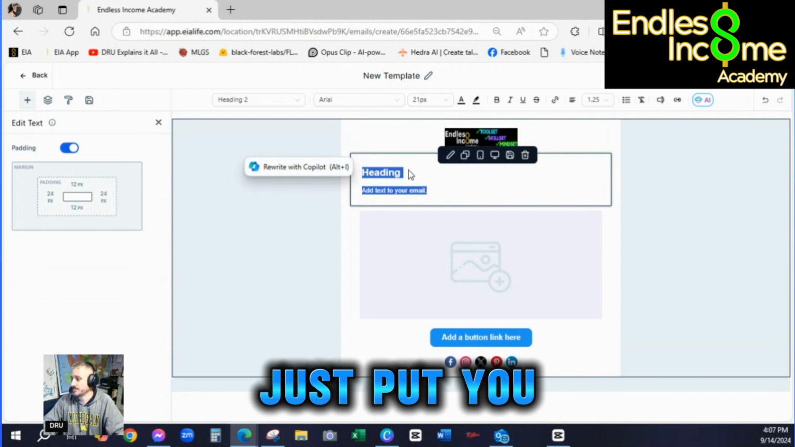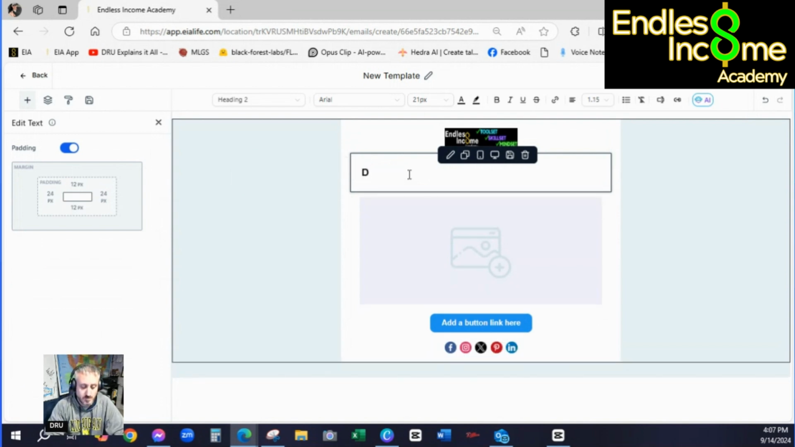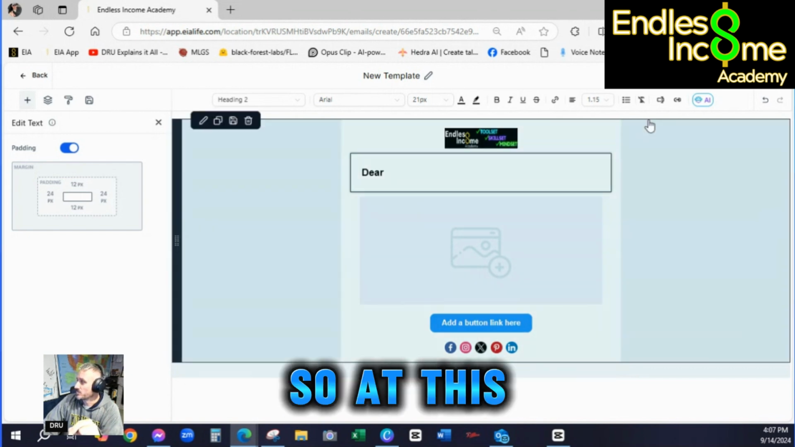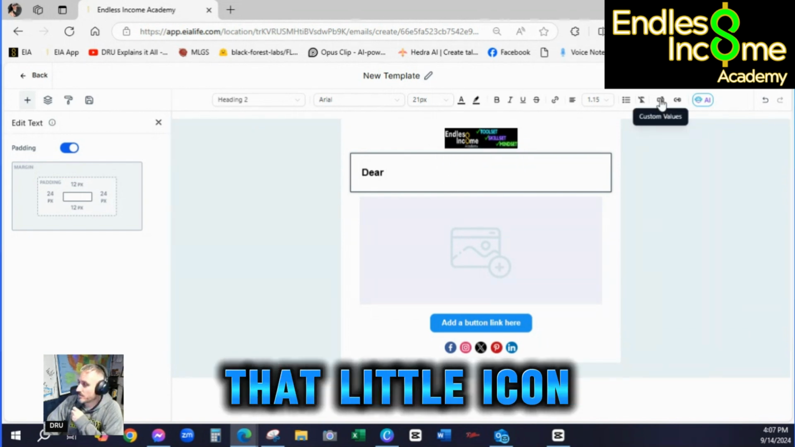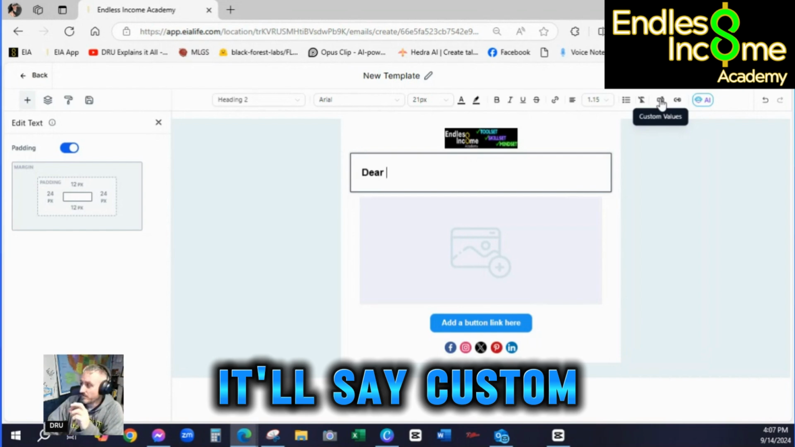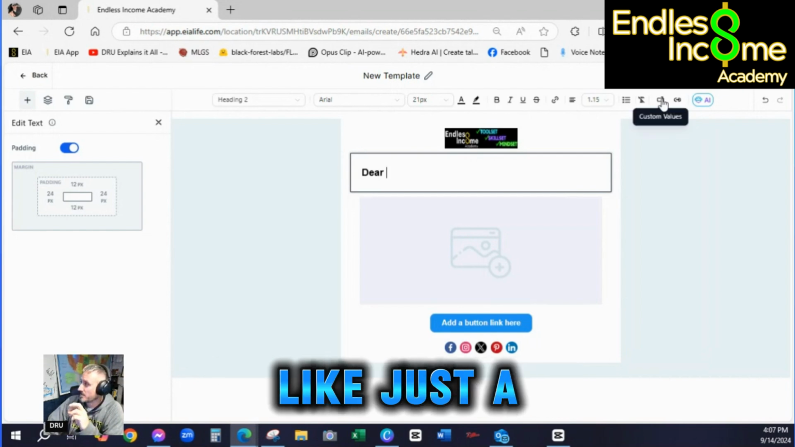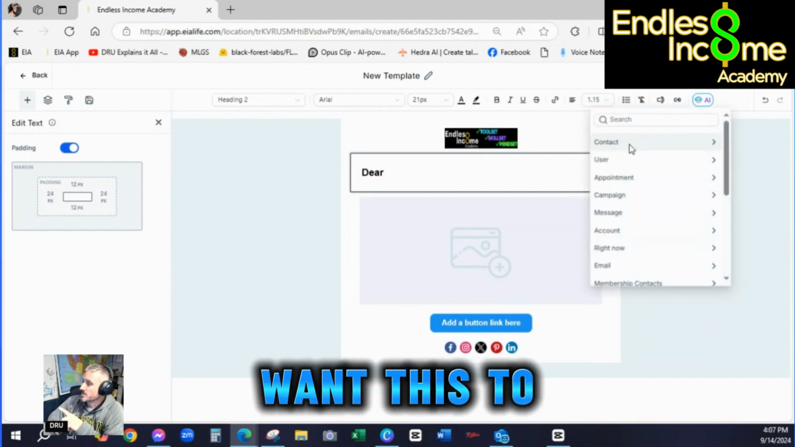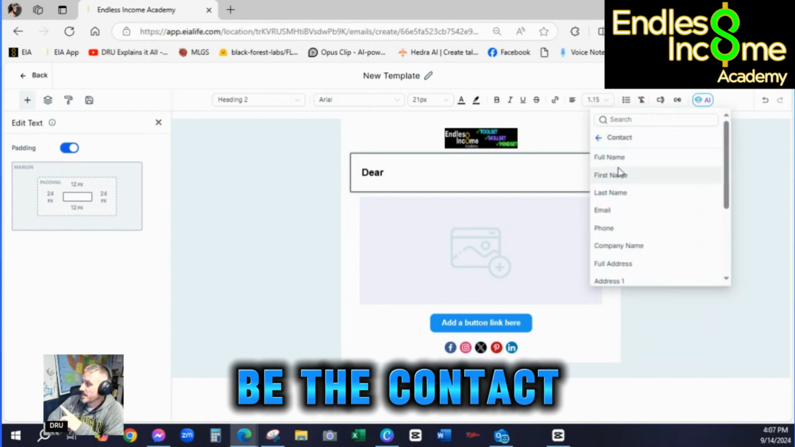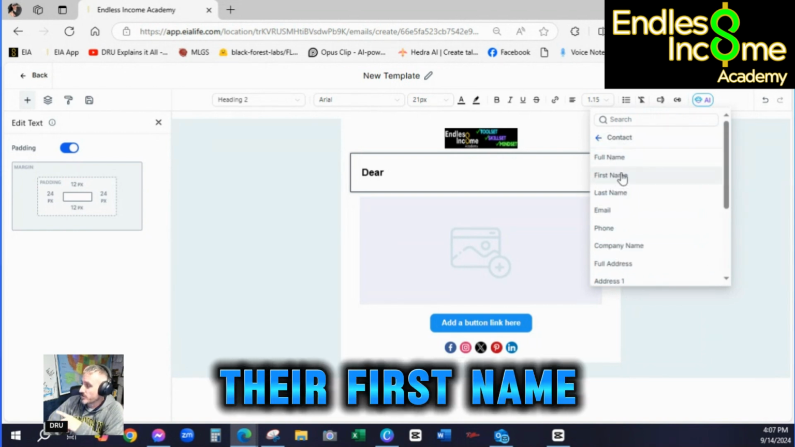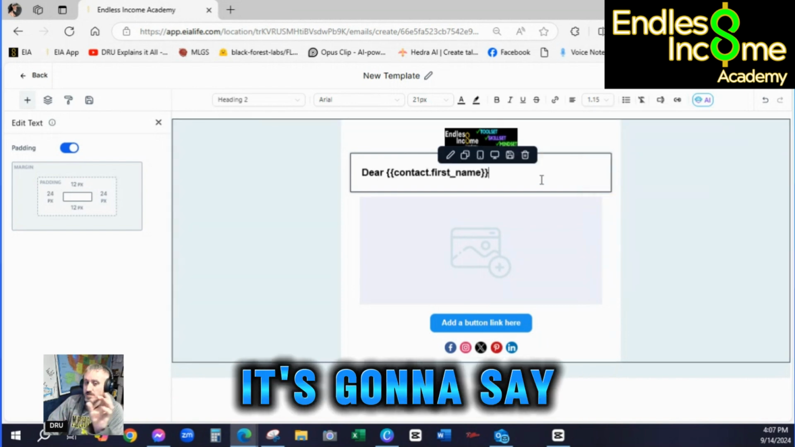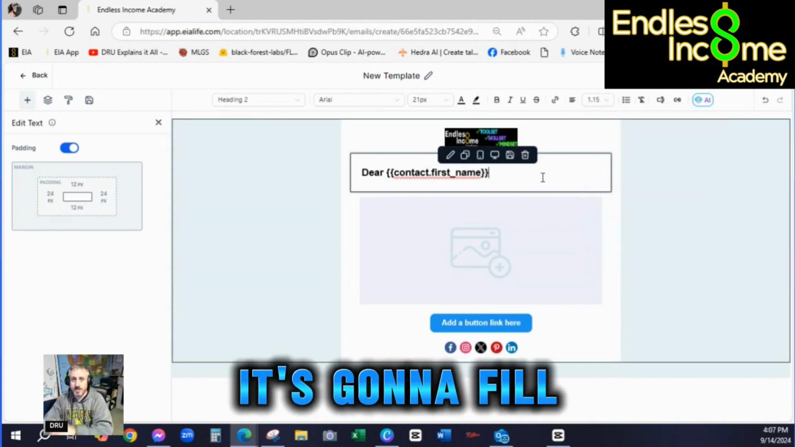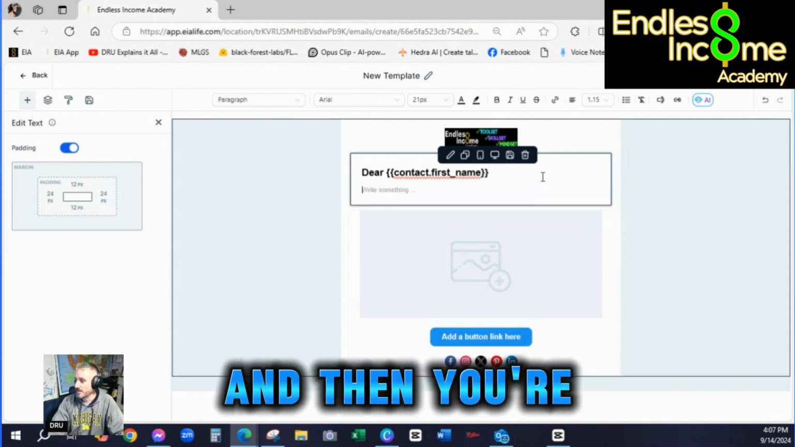So we'll just put, here. You want this to be personalized. So at this point, if you come over here into your custom values, do you see that little icon up there? It'll say custom values. It looks like just a box, right? Now you want this to be contact and either their full name or their first name. I suggest using their first name. And now look, it's going to say dear. And when it goes out, it's going to fill in their first name automatically. And then they're going to be like,